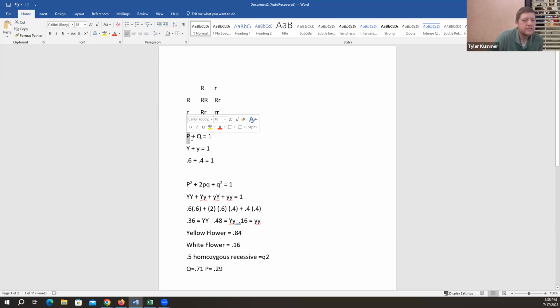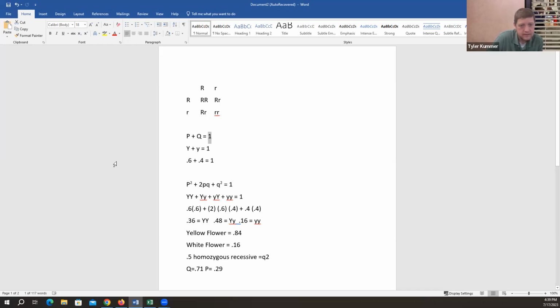So in our simulation, it was the yellow beads for the yellow flower allele. Q represents the percentage of the alleles that are white, the recessive